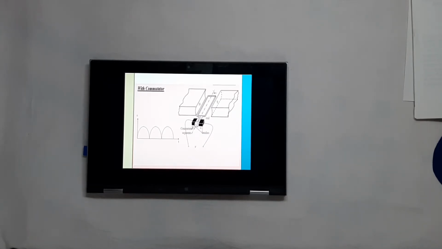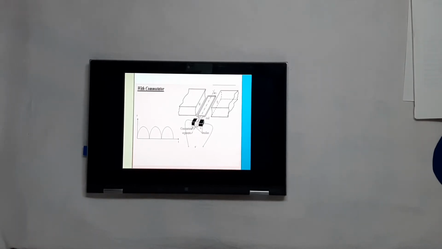Even though this coil side comes under the influence of the S pole, ultimately it is connecting to the negative brush. The direction is also changing, but however, it is connected to negative. The current direction is changing from N to S here. However, at the same time, the commutator segment is changing from the positive brush to the negative brush. Ultimately, the current flowing through the load remains unidirectional. This is how we are getting unidirectional current in the outer load circuit, but the generated voltage in the coil is alternating in nature. This is how we are getting DC from the commutation process.